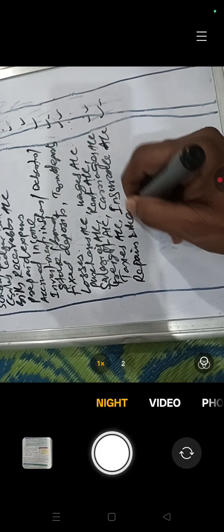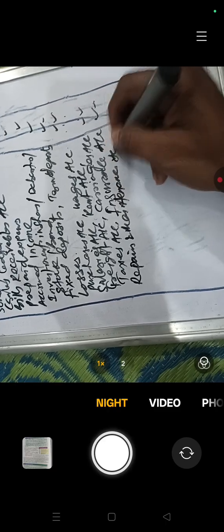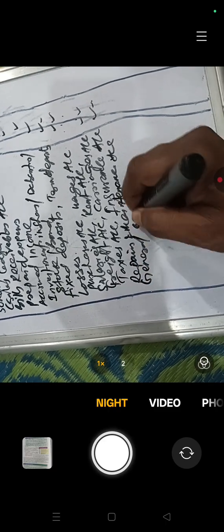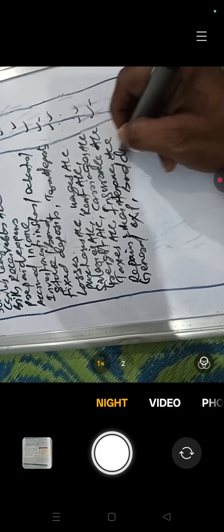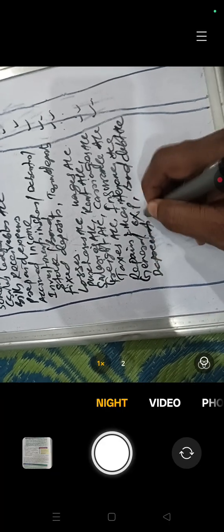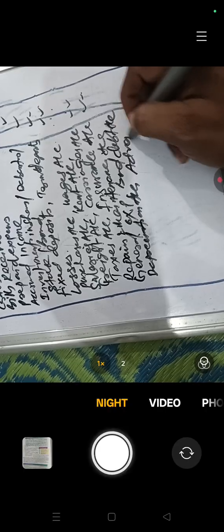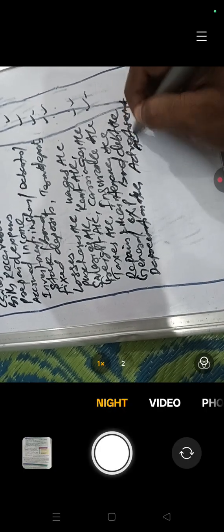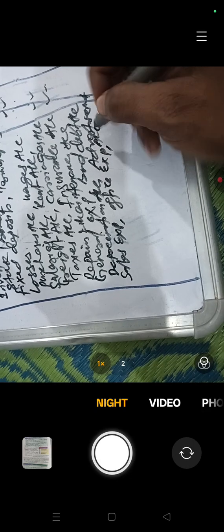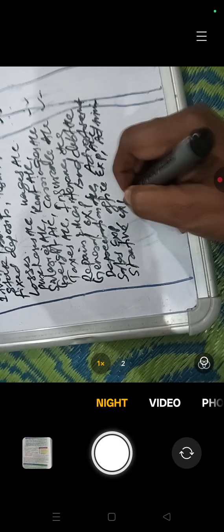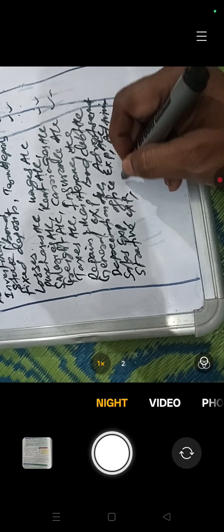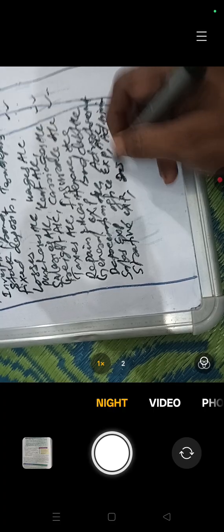Repairs and maintenance account, general expenses account, bad debts account, depreciation account, advertisement account, sales expenses, office expenses, administrative expenses, distribution expenses,